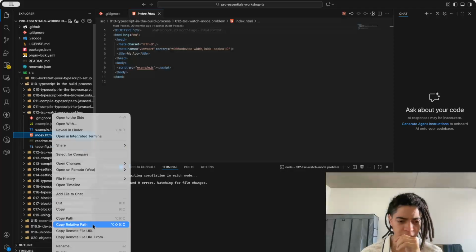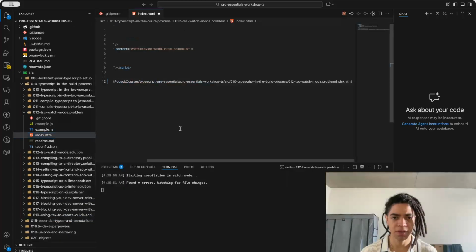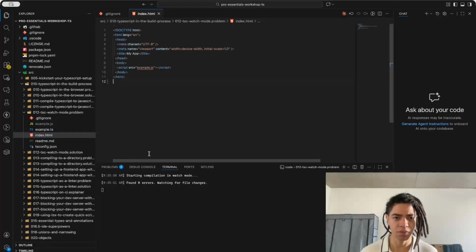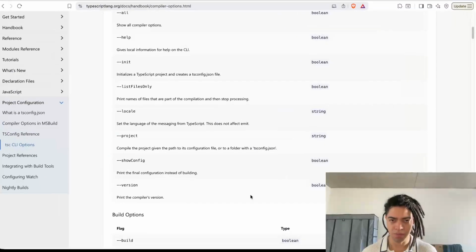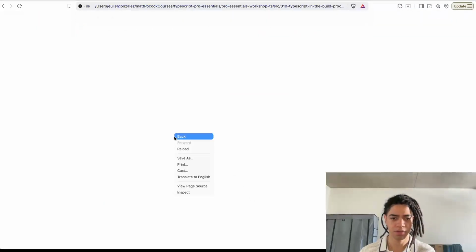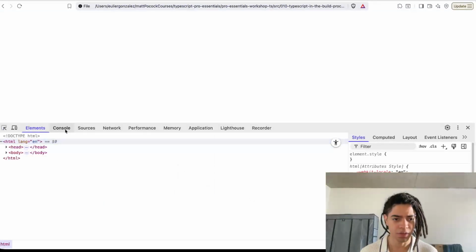If I say copy path, it's going to give me the full path? Yes, it will. So go back to the browser, open up a new tab here, and when I inspect this,